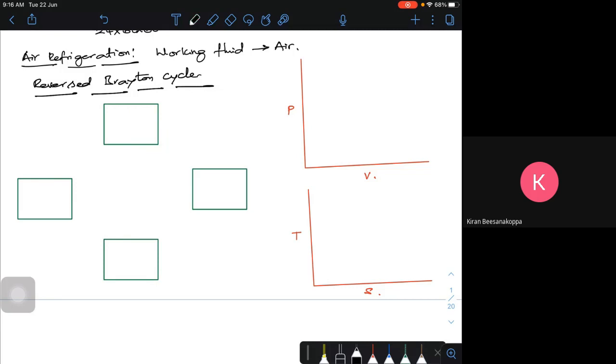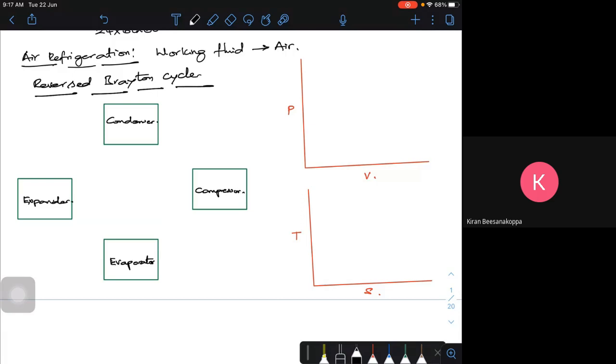Now, one block should be a cooling one, that is a condenser. So I should have a condenser, and there I remove the heat. This is where I am absorbing the heat. After absorbing, I need to compress it. After that I need to reject the heat. Then I have to expand it to a lower pressure.